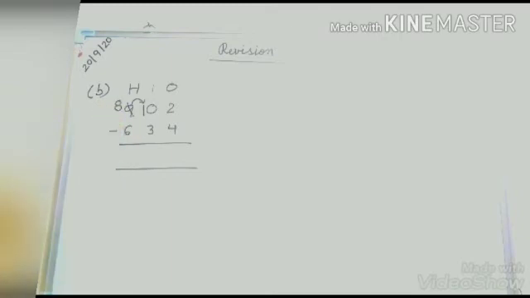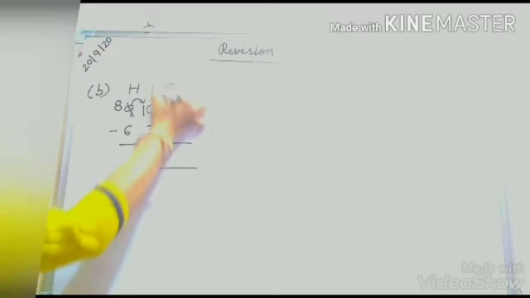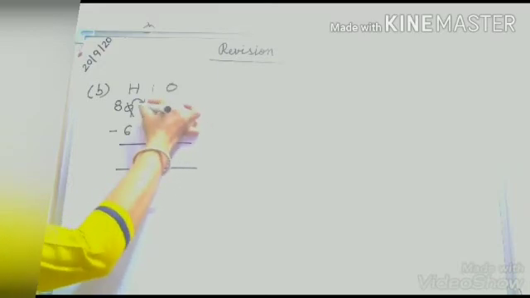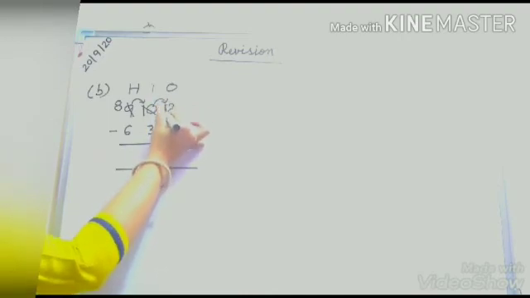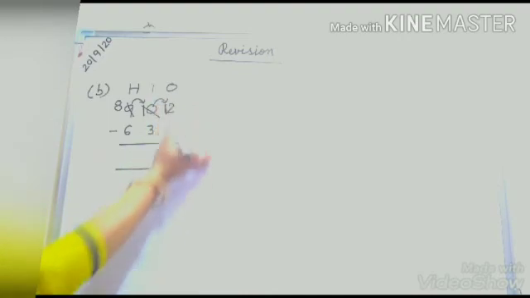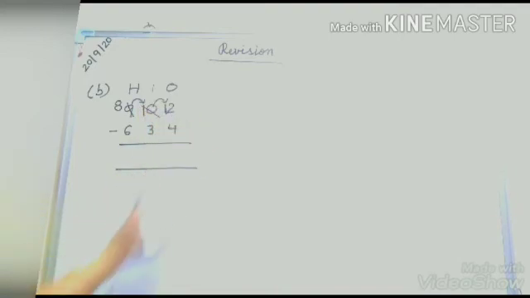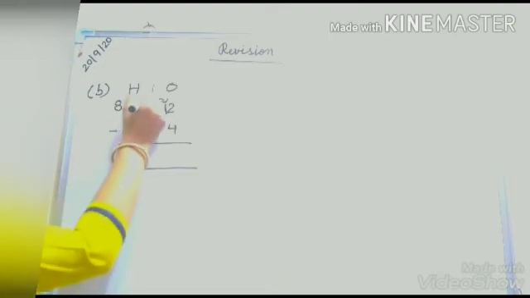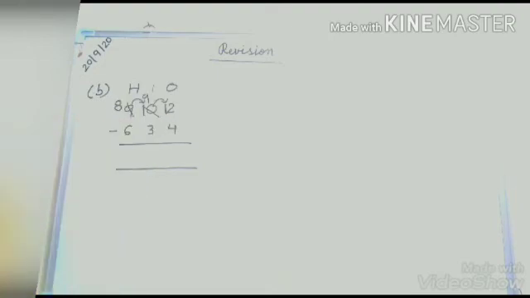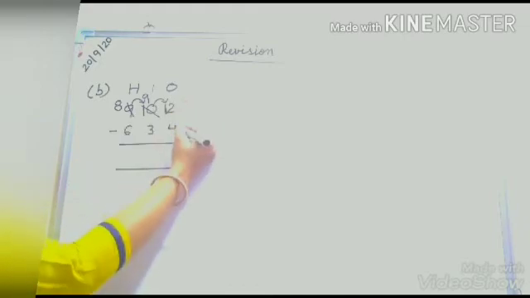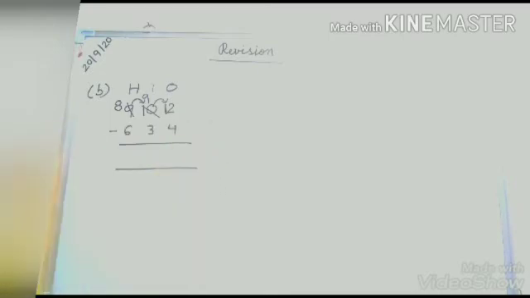Okay, now what we will do here? At tens place we have 10. So we will give 1 to 2. That is 1 to make 12. And 10 has given 1. So 1 less than 10, then what will be here? That is 9. Okay children. Now here 12 is bigger than 4. So now subtraction is possible. Okay, then start subtraction. Then how we subtract? What we will do?